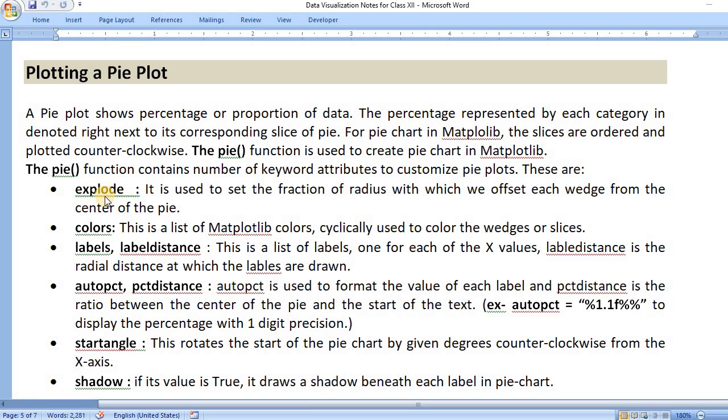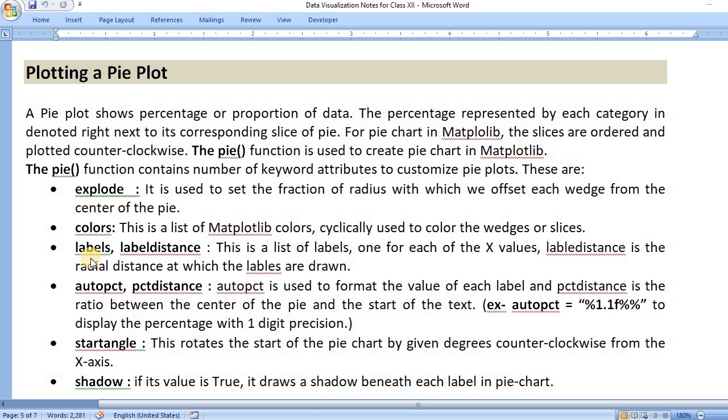With the help of these attributes we can change the appearance of the pie plot. Explode, colors. Colors is used to set the color of every slice of the pie chart.